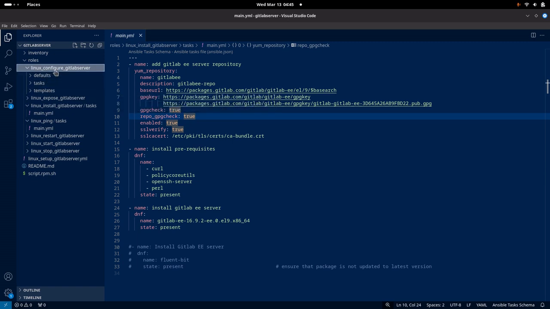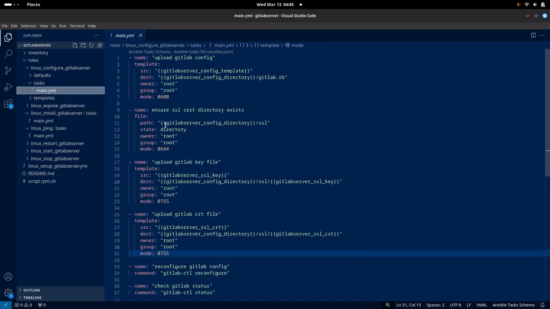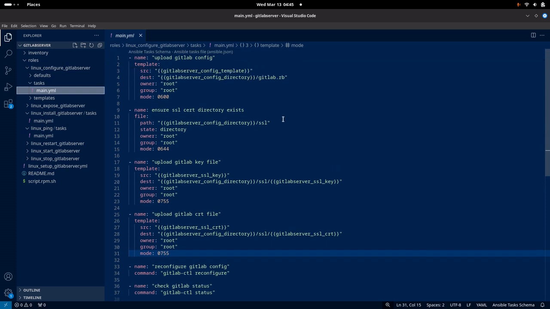Okay, so as I said, the next thing we are going to do is configure the GitLab server. So if I go into the tasks main.yaml file, what we are doing over here is we are basically uploading a config file, that is the gitlab.rb file, which is an important configuration file in order to configure the GitLab server, and we are